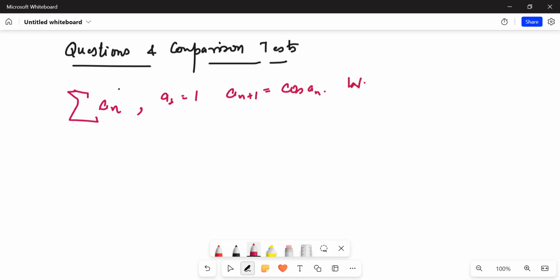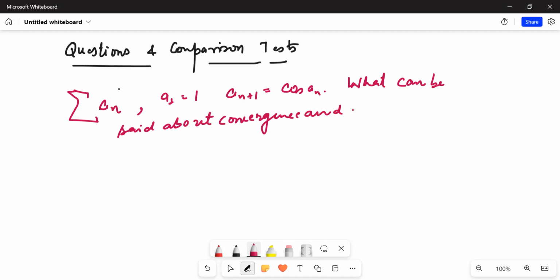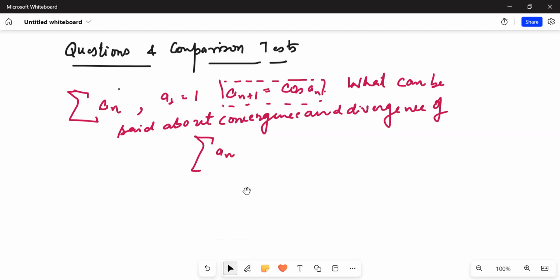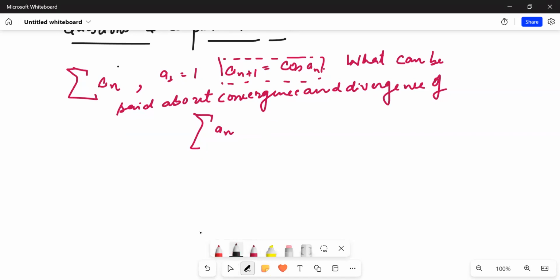What can be said about the convergence and divergence of summation an, where an+1 is given by cos of an? If you remember, you can go back and see my video, I'll put that in my description. In the video concerning this particular sequence, I have already proven that